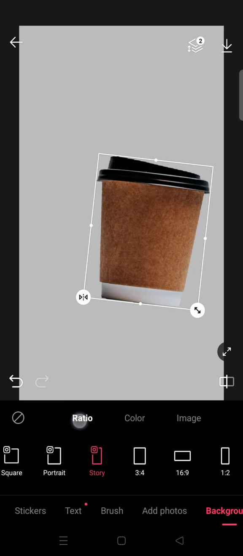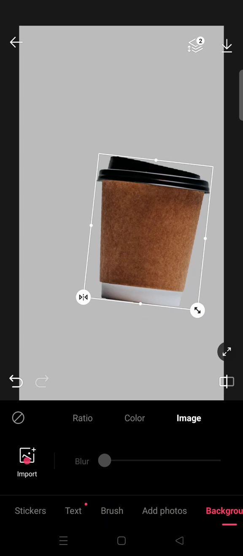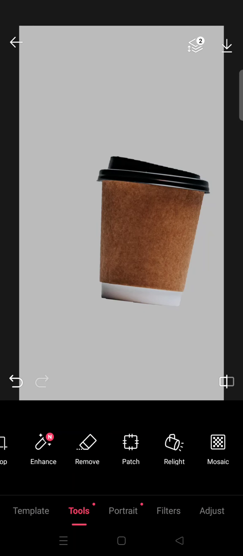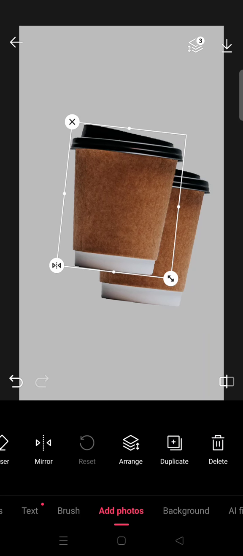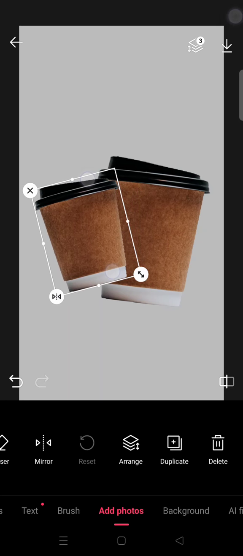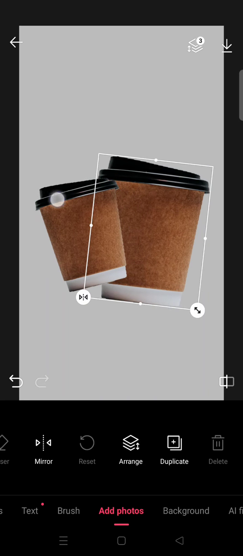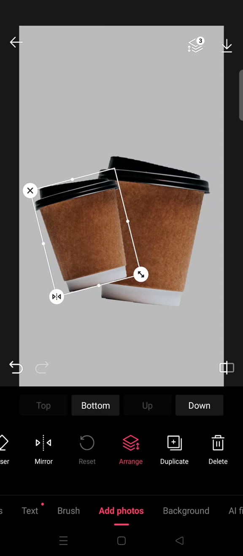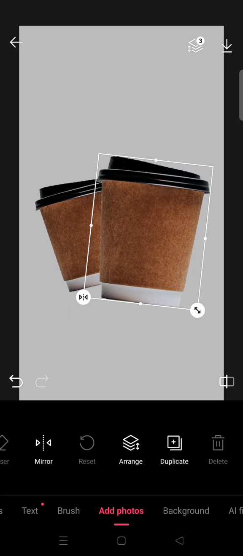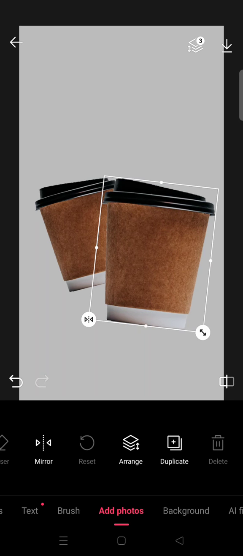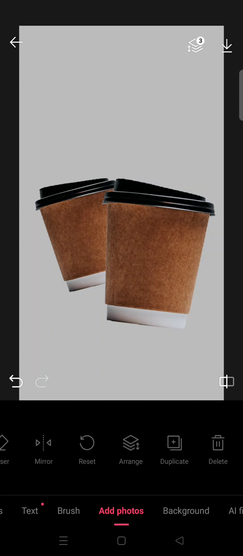Click on the image. Click on tools. Okay, so I'm going to click on the image and then click on duplicate. I'm going to go like this, and I'm going to put this one behind the big one. Okay, so it'll go like this, and then next you can adjust the position of the product to your liking,